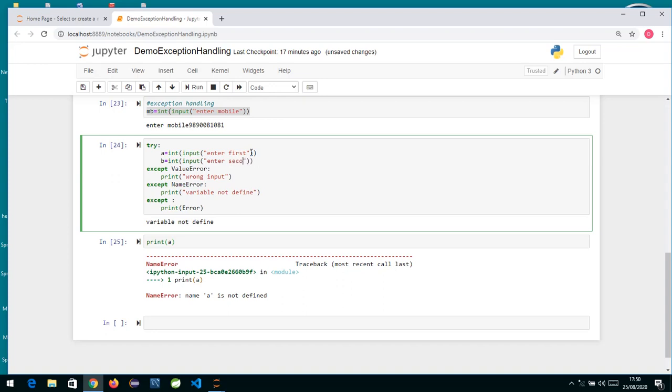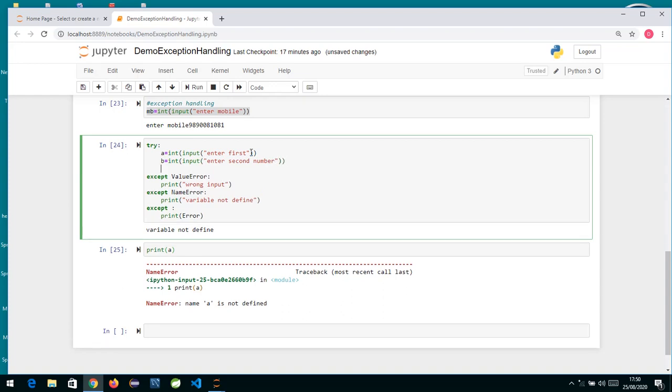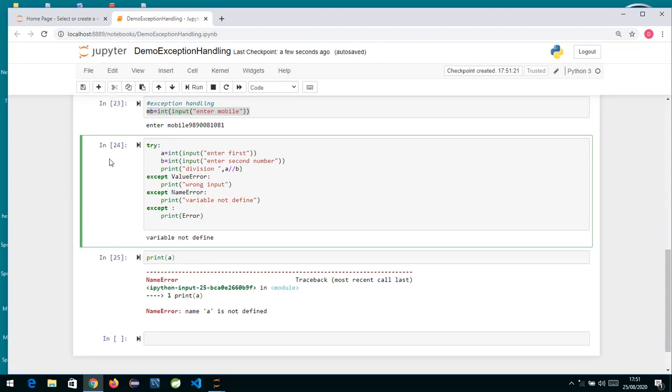So we are accepting two numbers over here, and then we'll do a division. I say print, division answer is equal to, comma, and a divided by b. Or you can use the floor division operator also over here, a divided by b. Now if I run this logic, and suppose I have written some logic down below also, I have written this much logic.